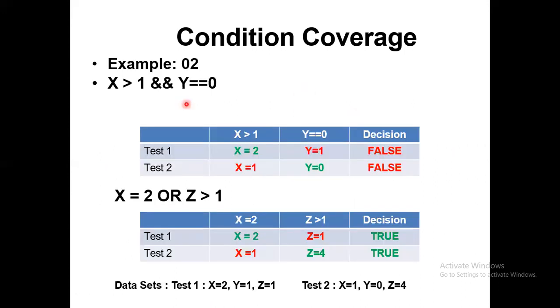So if we take this particular condition, we have two atomic conditions in this particular decision, right? One is x greater than 1, the other one is y is equal to 0, right? So in here we have this one and this one.